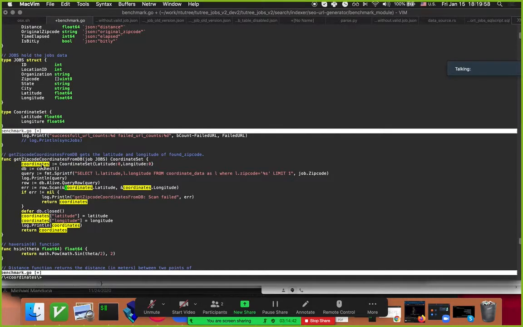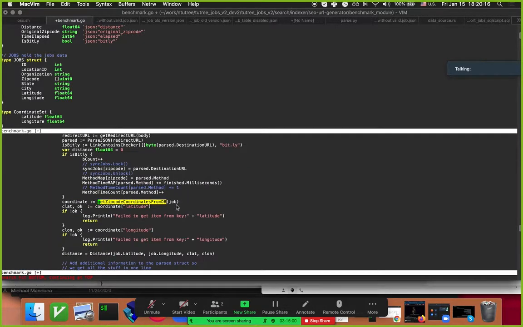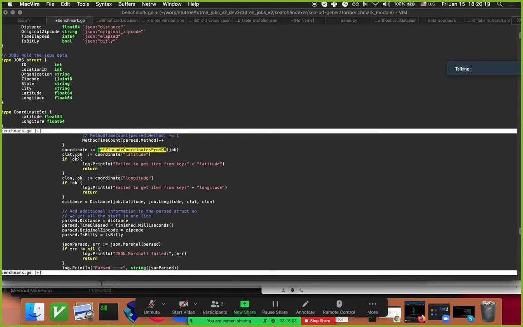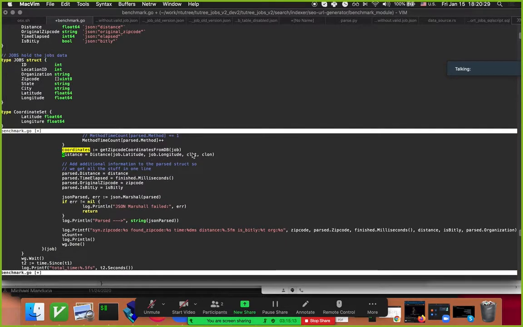And now we have the coordinates. Now here, I don't need these lines of code. And I'm hoping I don't need this one, but I'll leave it there. So that's all I want, really. Now, because I did this change, that means that this thing now has to change again. So here we have these coordinates, and I guess we can get rid of these things. And here, I can have my coordinates latitude, and then